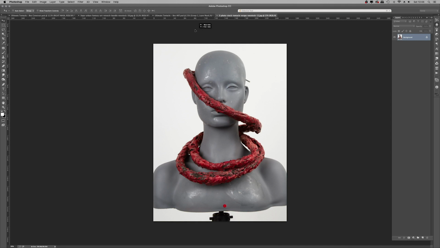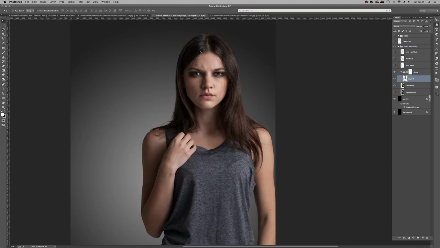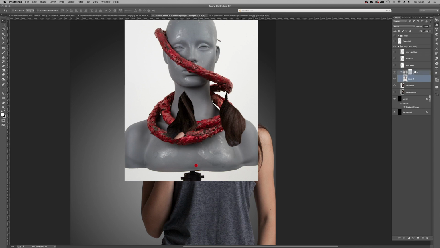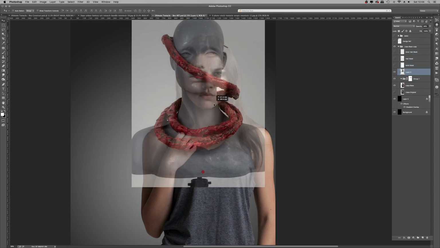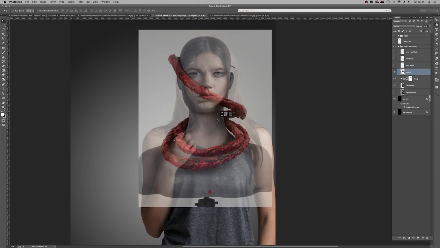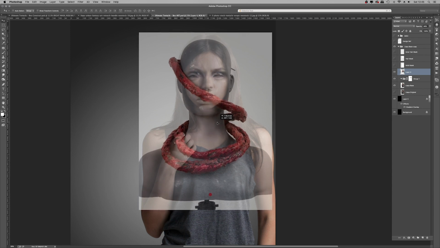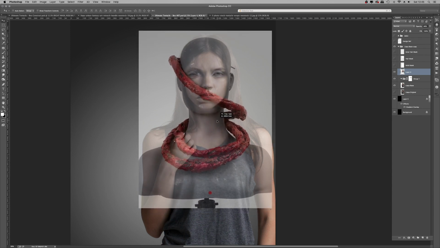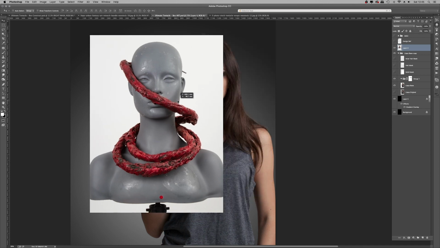The original plan was to have the tentacles wrapped around the neck and the face exactly as you see there, but this is artwork, and you know, things don't always go to plan. So you'll see how that transpires as the video progresses. With that tentacle wrap layer, basically reduce the opacity a little bit and then move it around to match the eyes and the nose, just to get an idea of scale and position. So that's what's being done here.